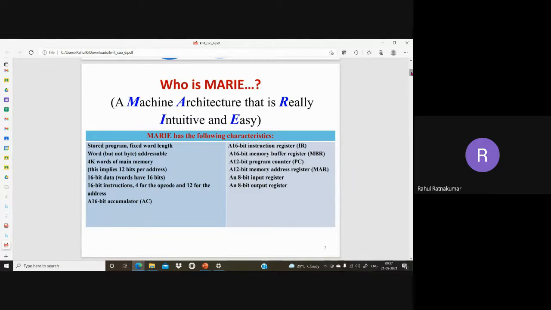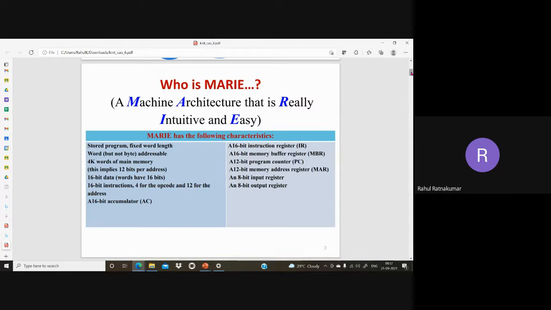But here, Mary is more realistic. It is a real machine. We have hardware architectures for Mary. Every unit is defined. It is the most simple computer, although it's 16-bit. It can represent all the basics, like when you're starting with a computer, if you understand the most simple computer, it will be best because universally all the basic principles are the same for the older computer or the latest computer. So if you understand Mary, it'll be a good starting point to understand all the other latest processors.